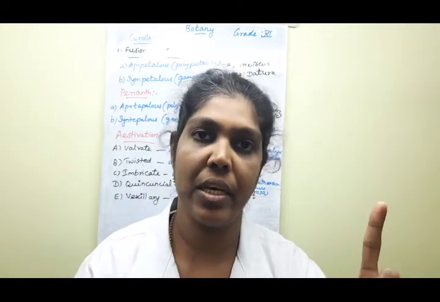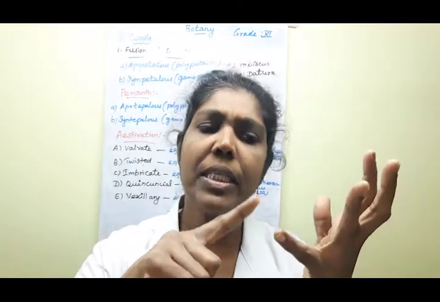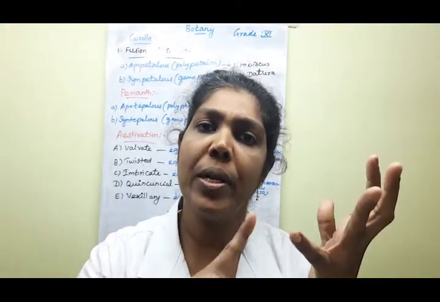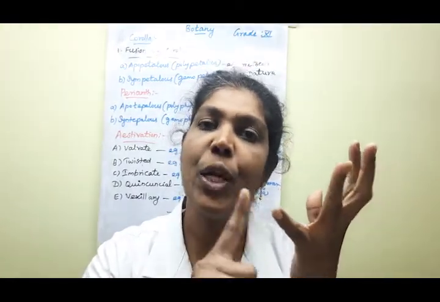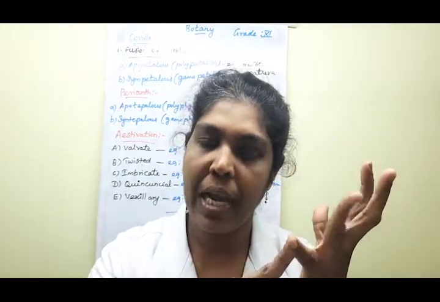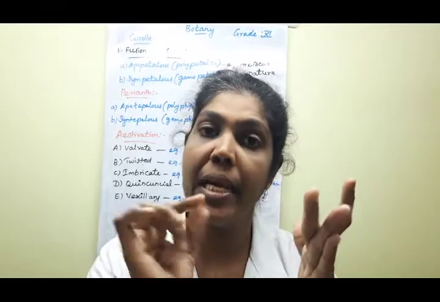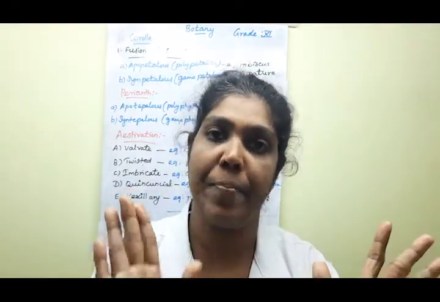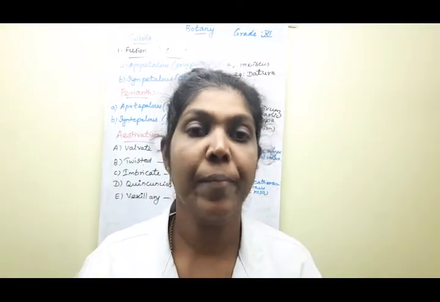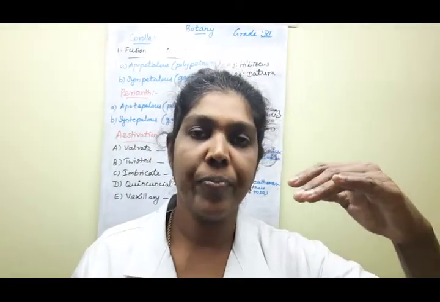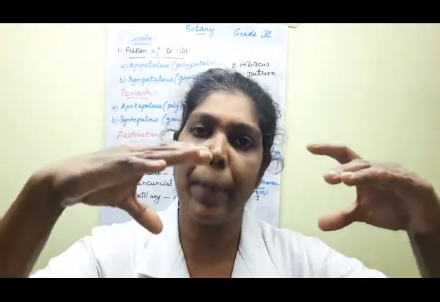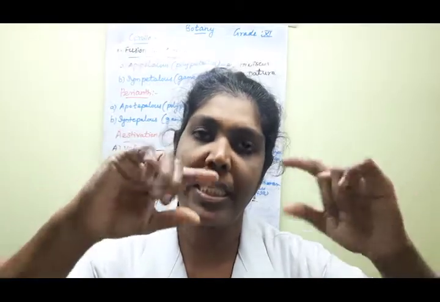Don't forget these terms. Okay, children, will you repeat this? The calyx's individual unit is called sepal. Clear? The corolla's individual unit is called petal. The perianth's individual unit is called tepal. Clear, children? All should keep it in your mind. Don't forget. So this also has fusion forms, the tepals, the individual units of this perianth.